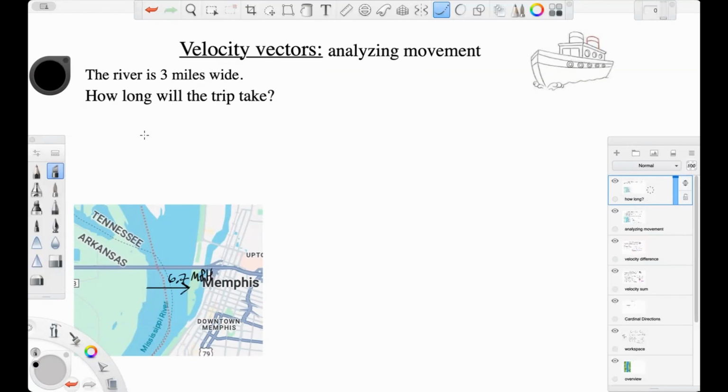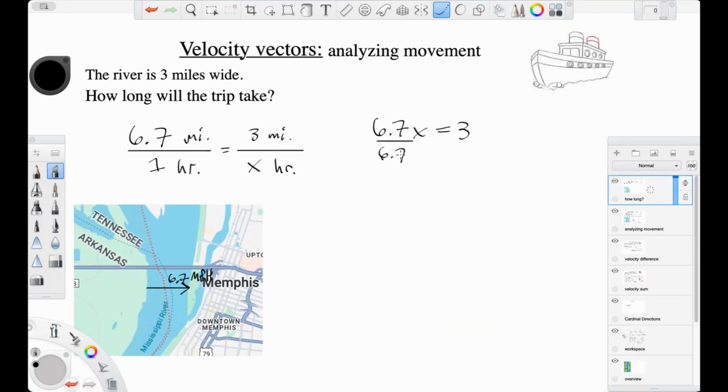And we just have to do some dimensional analysis here because we know the boat is capable of traveling at 6.7 miles per 1 hour. So we can set up a ratio and say, well, that's equal to, if the river is 3 miles wide, then we'll say it will take us X number of hours to reach the other shore. And now we can cross multiply. So we have 6.7x equals 3, divide by 6.7 on both sides. So we get X is equal to 0.448 hours,